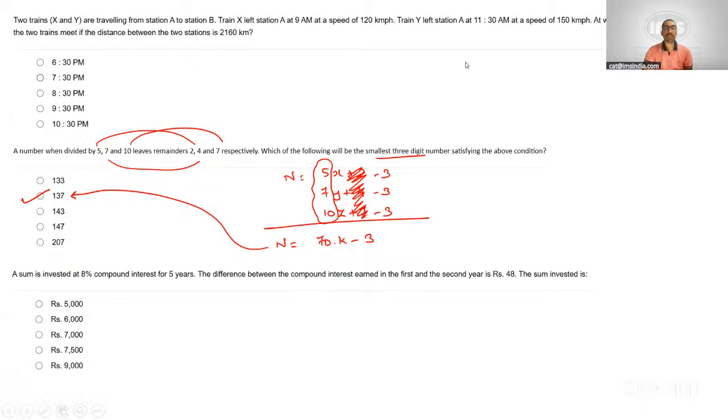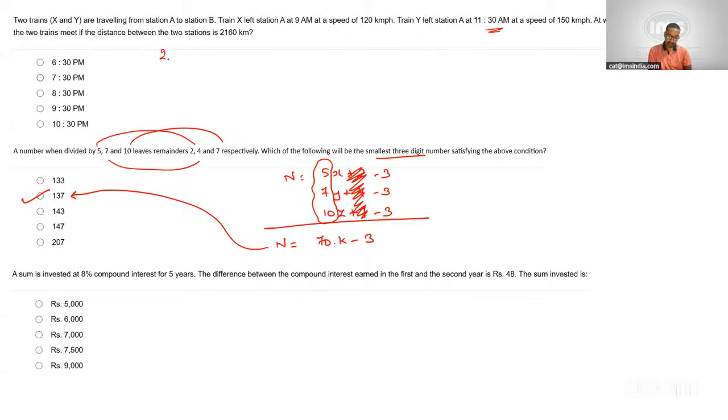Two trains are traveling from A and B. Train X left at 9 a.m. at 120 kilometers per hour, and train Y left station A at 11:30 at 150 kilometers per hour. At what time will they meet if the distance between the two stations is 2160 kilometers? Okay. So 120 kilometers per hour, 9 a.m., 11:30 a.m. effectively means